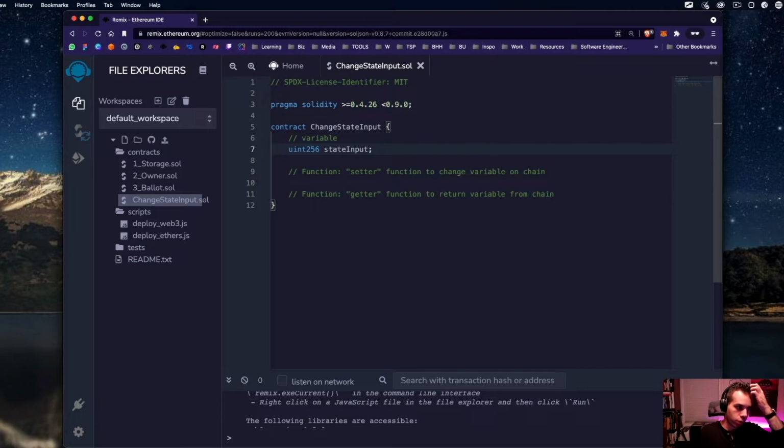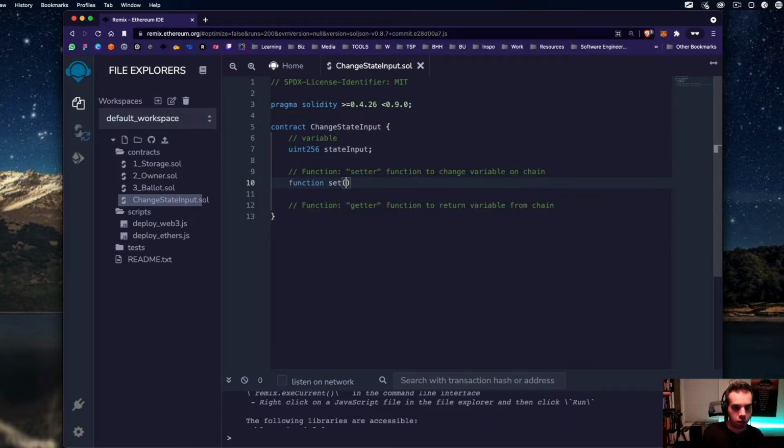Now, in terms of the function that's actually going to be working with the state input variable, we're going to declare a function. We're going to set the input of that function to be uint256, and we're going to call it a public function. And it's going to do something.